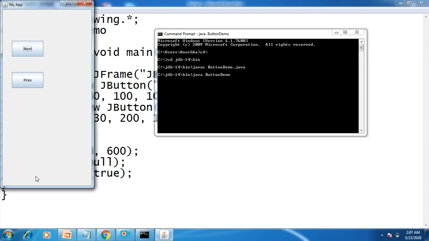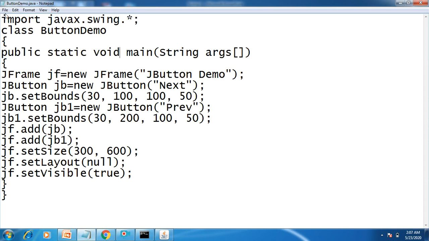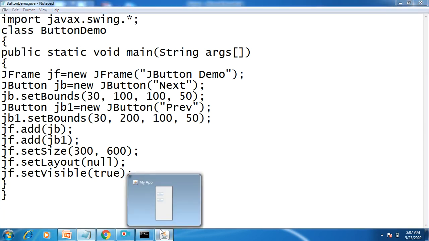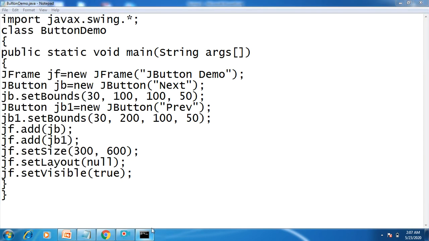You'll be able to see now the size of the window I have specified, sorry, this is 300 by 600. Now this is what a button looks like. I have displayed it at the 30th row, 100th column. This is the 30th row, 200th column. Those are pixel values, and this is the size I have specified. If you click on this, you can click next or previous, next, previous. Actually, I need to save this because I have changed my app to JButtonDemo, which has not shown here. So just close it.